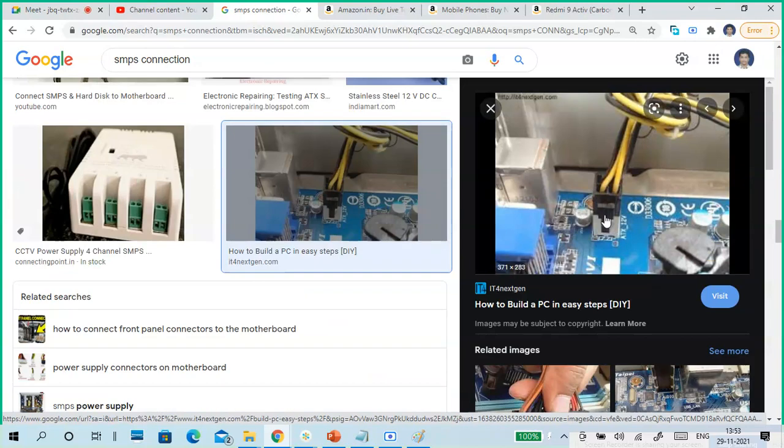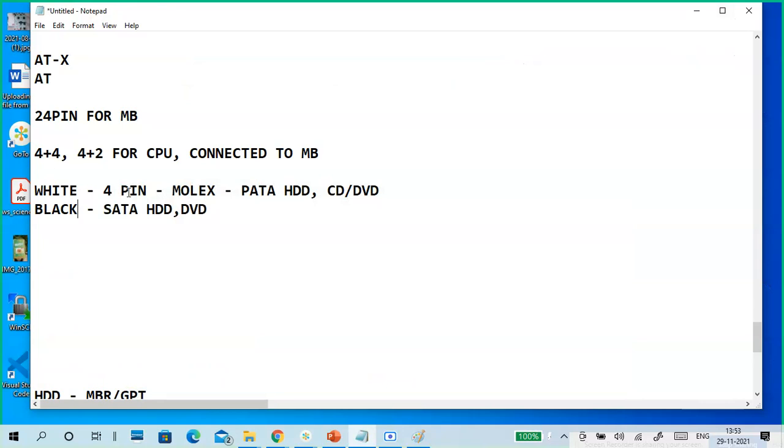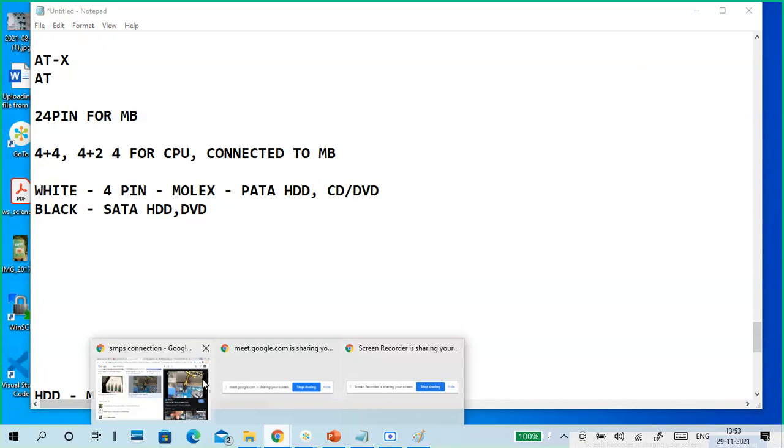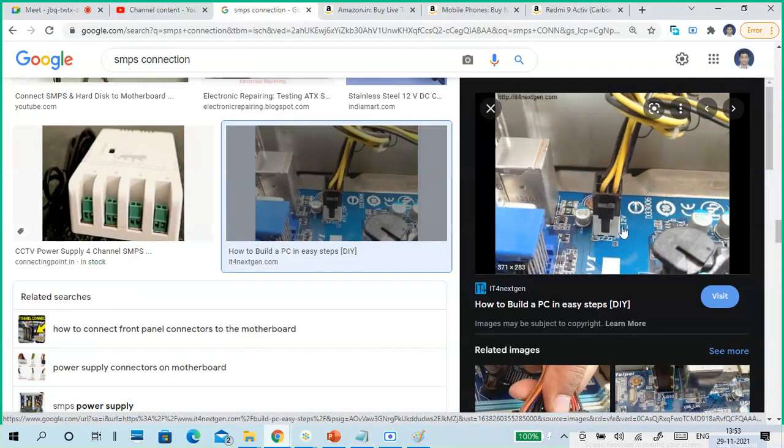This is a motherboard connection, 4 pin, 4 plus 2, 4 plus 6, it keeps increasing. 4 pin is also there, for the CPU, connected to the motherboard only. It is not connected directly to the CPU, but it is near the CPU. You can look at that one.